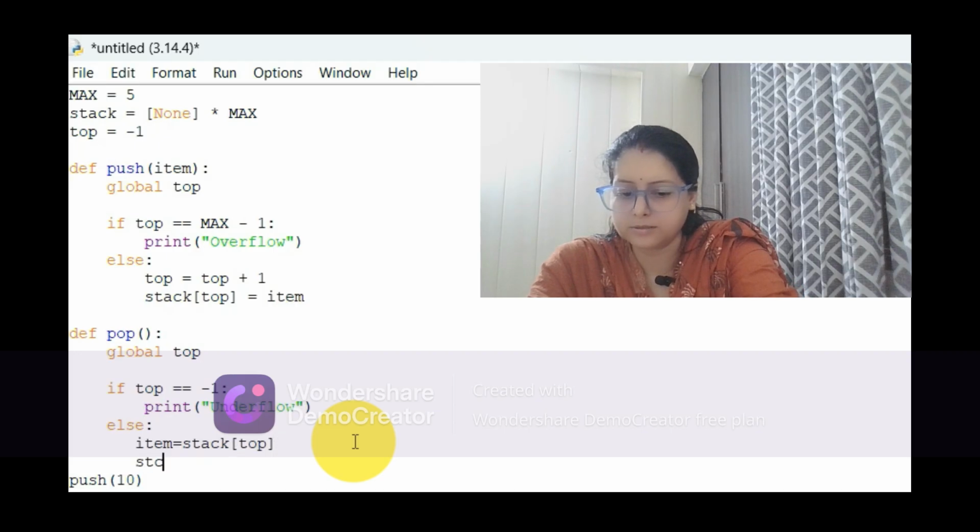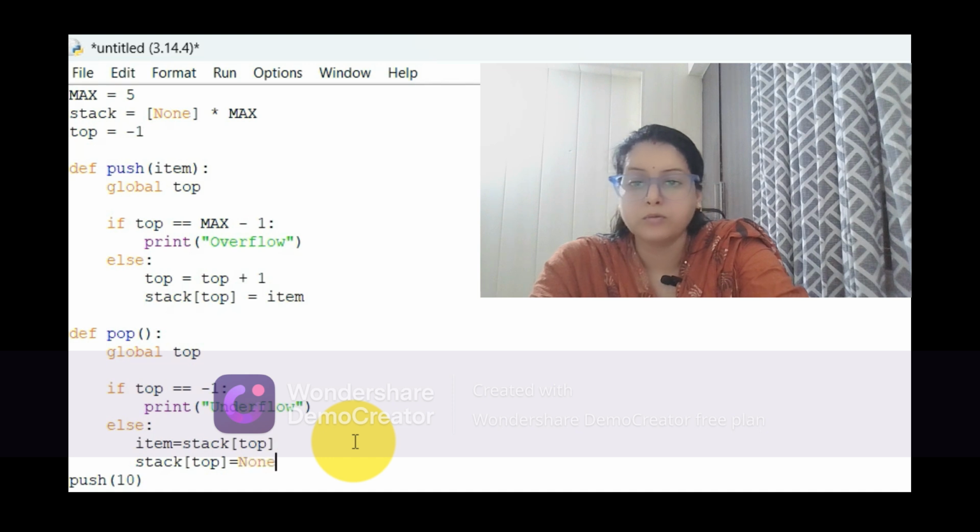Now in the stack top, whatever value is there inside the top position, make it None, so that it will not be shown on the screen. We do not want to show it because we consider it should be deleted by the pop operation. So that was the mistake, None.